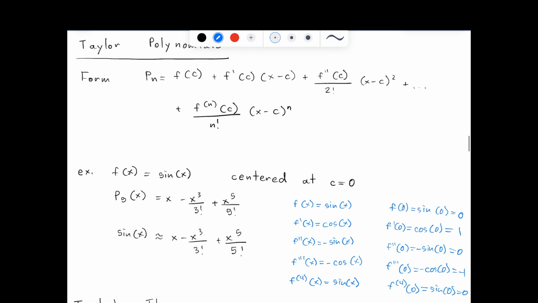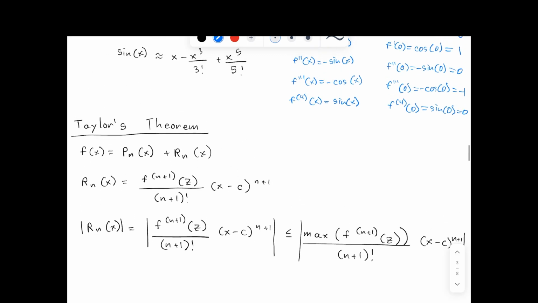Combining this with the fact that because c equals 0, we're going to get x, x squared, x cubed, and so on, we can approximate the behavior of the function sine of x near x equals 0 by the polynomial x minus x cubed over 3 factorial plus x to the fifth over 5 factorial. A related concept is Taylor's theorem, and Taylor's theorem says that you can consider whatever function that you want to consider